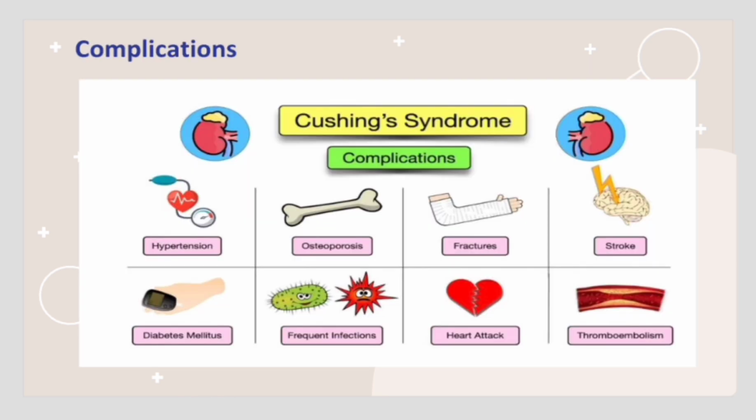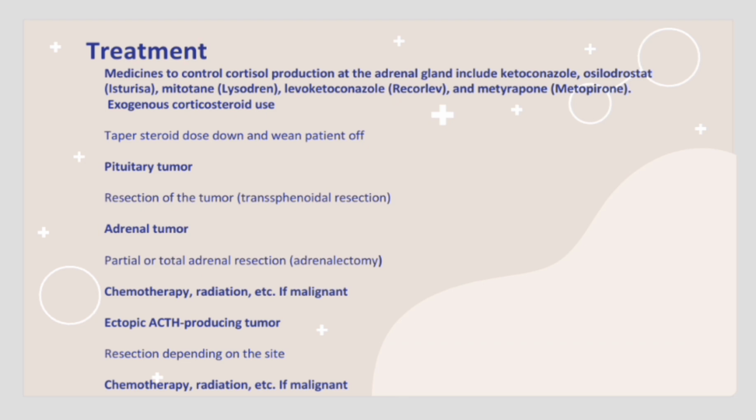Coming to the complications of Cushing syndrome: hypertension, which is elevated blood pressure, osteoporosis due to the breakdown of bones, fractures, brain stroke, diabetes mellitus, frequent infections, heart attack, thromboembolism. Treatment includes medicines to control cortisol production at the adrenal gland, including ketoconazole, osilodrostat, levoketoconazole, and